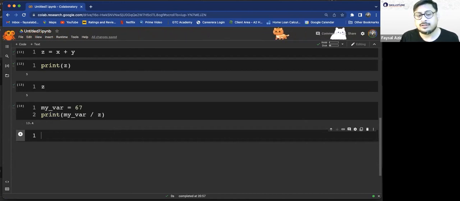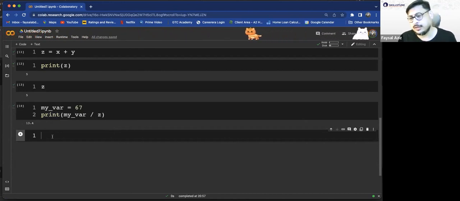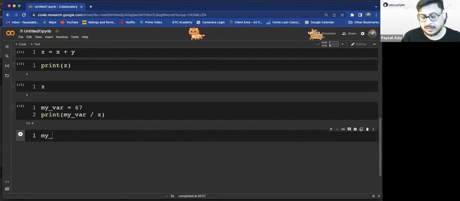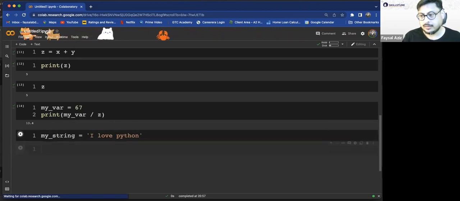Okay. It's not just numbers. You could also use characters. For example, my string. You learn from your data structures, these are called strings. My string is equal to I love Python. Great.